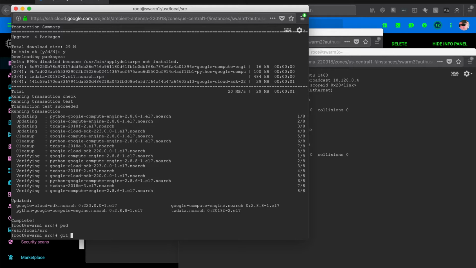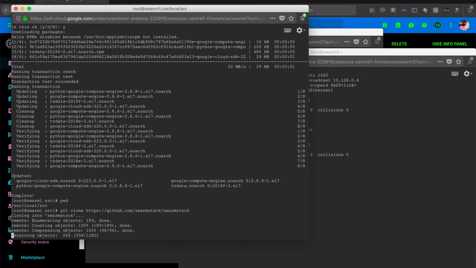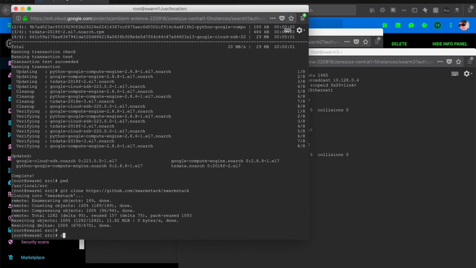Now that we've finished checking that the hosts can reach each other and have a known root password, we'll clone the Swarmstack GitHub repo and make a local copy. We'll make our configuration changes to the local copy and can add our changes to newer versions of Swarmstack as they become available. Following the instructions under the installation section of the Swarmstack README on GitHub, we'll first add